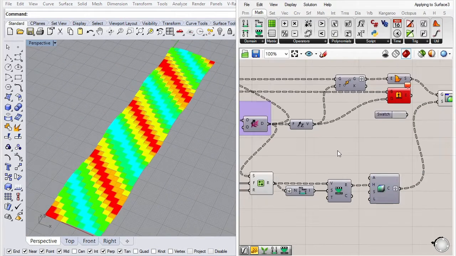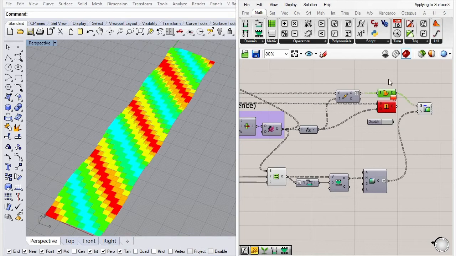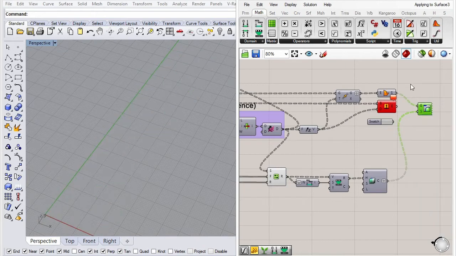If you want, you can do something a bit different. Turn this off.